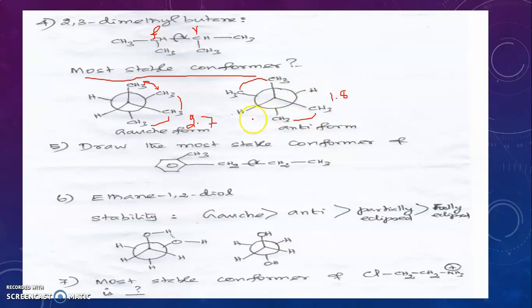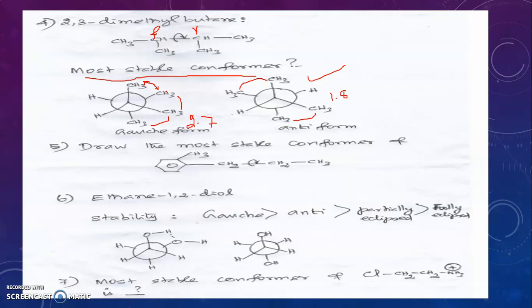It's 1.8. So between these two, this isomer has less energy. Therefore, this is considered the most stable conformer. Among the two possible staggered conformations, this is the most stable conformer. Suppose instead of a methyl group, we have any other alkyl group, say ethyl or propyl, then